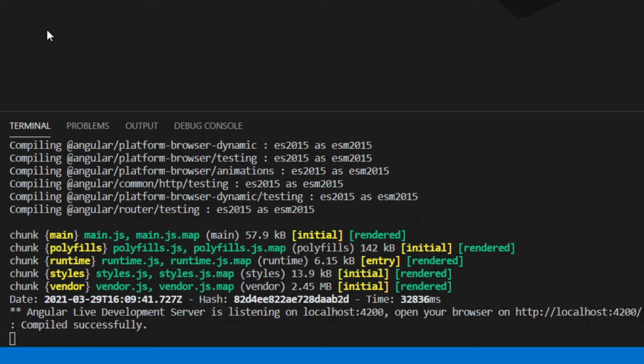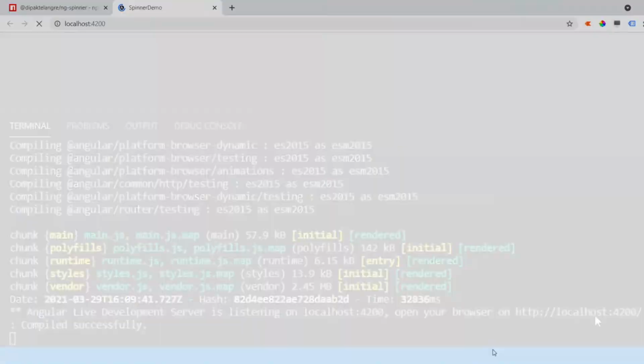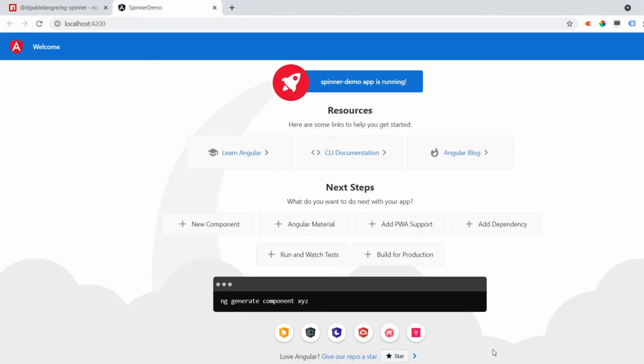Our project has been built and now we can open localhost port 4200 inside the browser. Let's click on this link. This will open our website inside the browser. Now we can see that we have the default Angular project running on the default port. Let's jump to VS Code again.